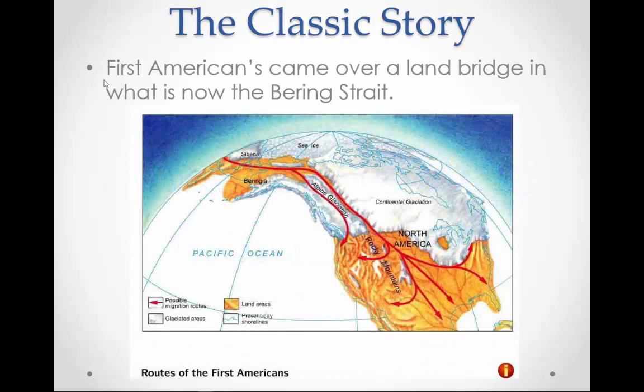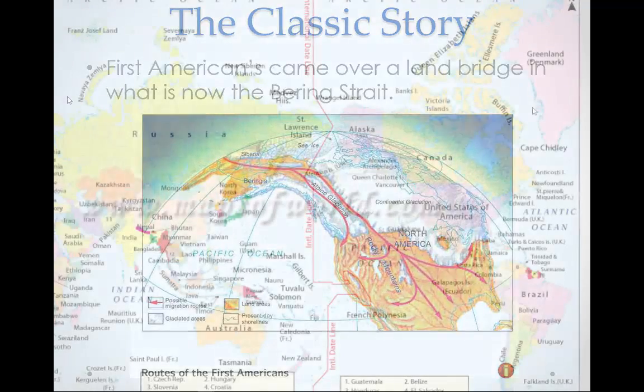So early research indicated that a number of people came across what's known as the land bridge, really where today is the Bering Strait, between modern Alaska and Russia. In this land bridge, you can see the tracing right here, between North America and Asia. So the research showed that you have these people come into North America around 12,000 years ago and ultimately slowly diffuse across the continents and down into South America.